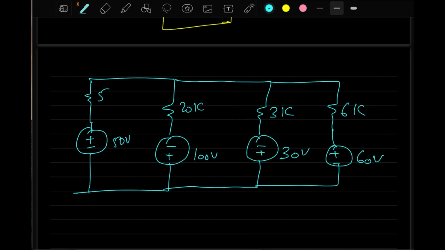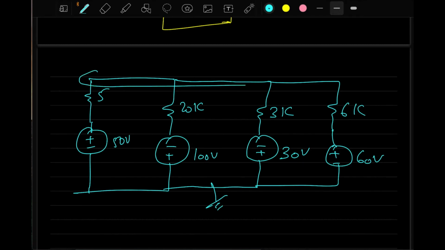From your past experiences: mesh, supernode, nodal? Mesh analysis. In this case, sir, what about a supernode? No, there is no supernode here, because it will not be a supernode situation. Here, the easiest one to go for is nodal analysis, because you see there